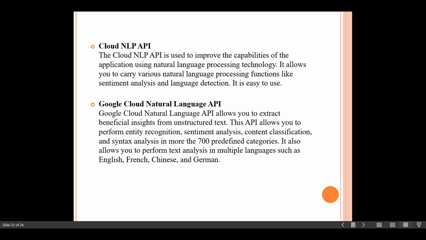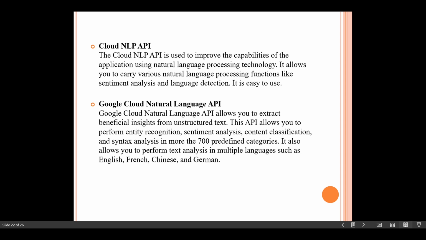This API is part of the larger cloud machine learning API family, and it is very easy to use. It provides natural language understanding technologies to developers, including sentiment analysis, entity analysis, and language detection.